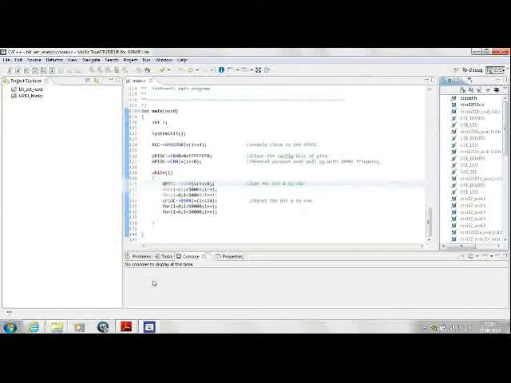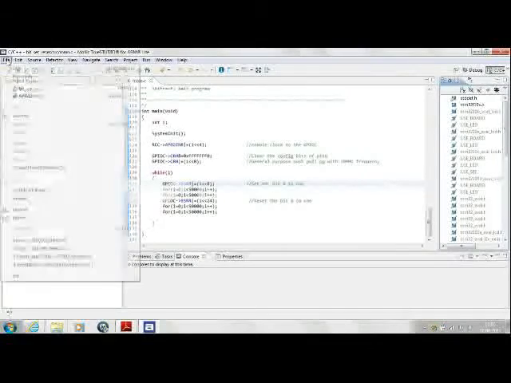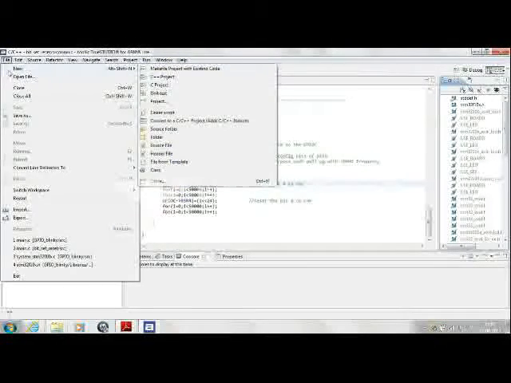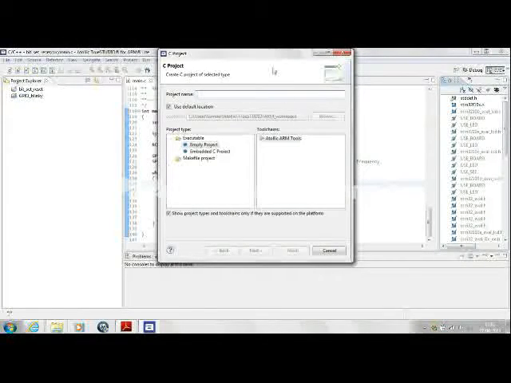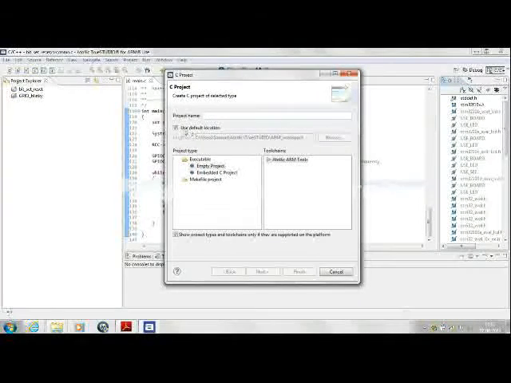What you need to know is how to create a new project. To create a new project before you start on a new code, you go to File, click on New, click on C project. It will display this configuration wizard.